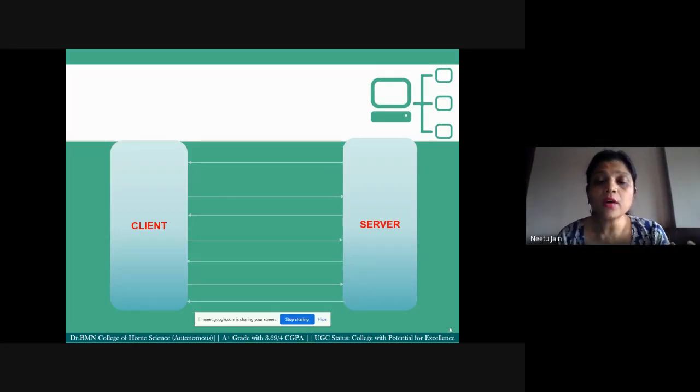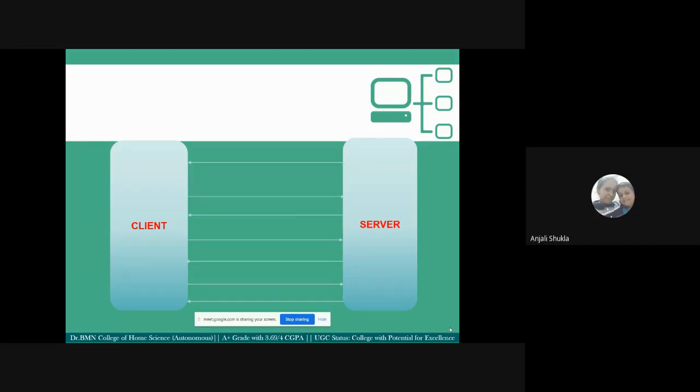What kind of communication takes place between the client and the server? It is the set of primitives that are executed so that a client and a server can communicate with each other under connection oriented service.